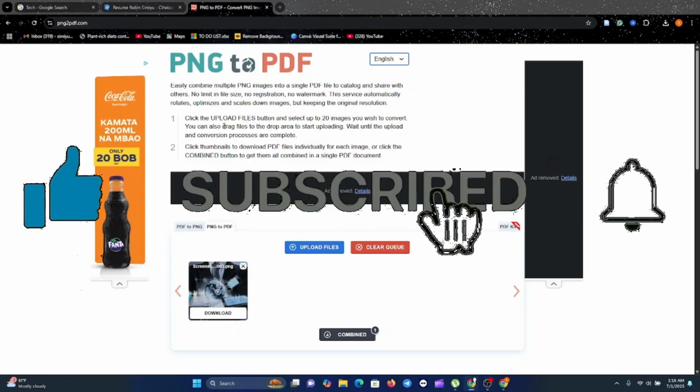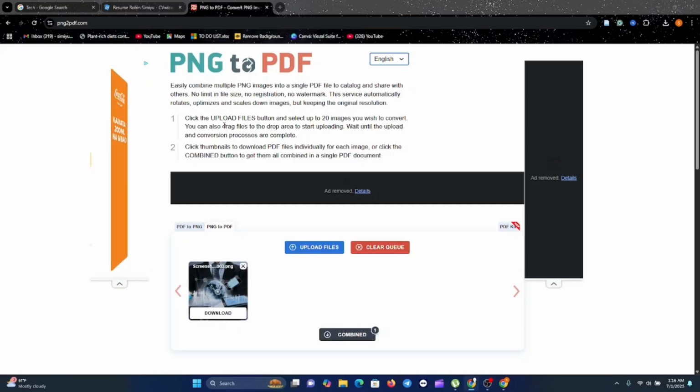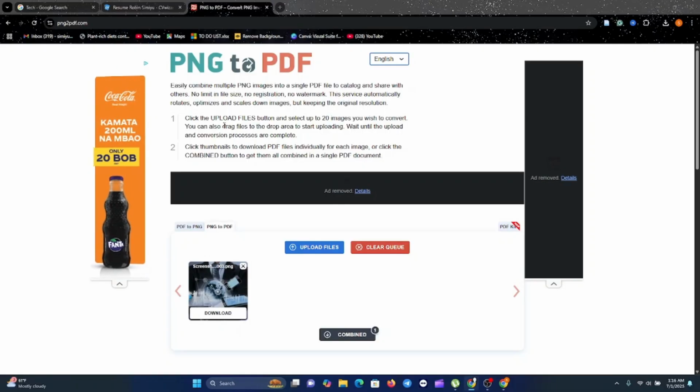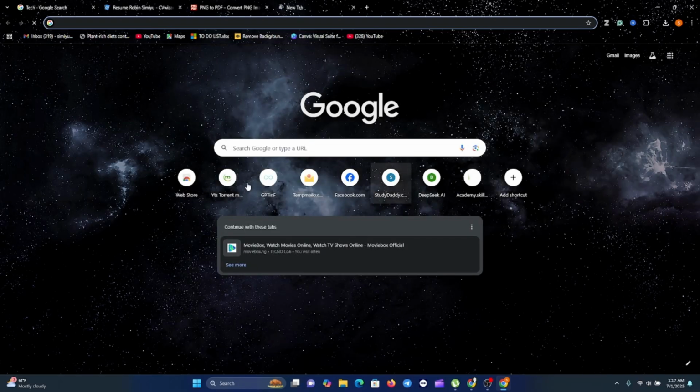So in this quick video, I will show you how to add a website shortcut in Google Chrome, so you can open your favorite sites with just one click straight from your desktop or Chrome homepage. So let's get started. Once you open up your web browser, there is this shortcut that is normally down here,